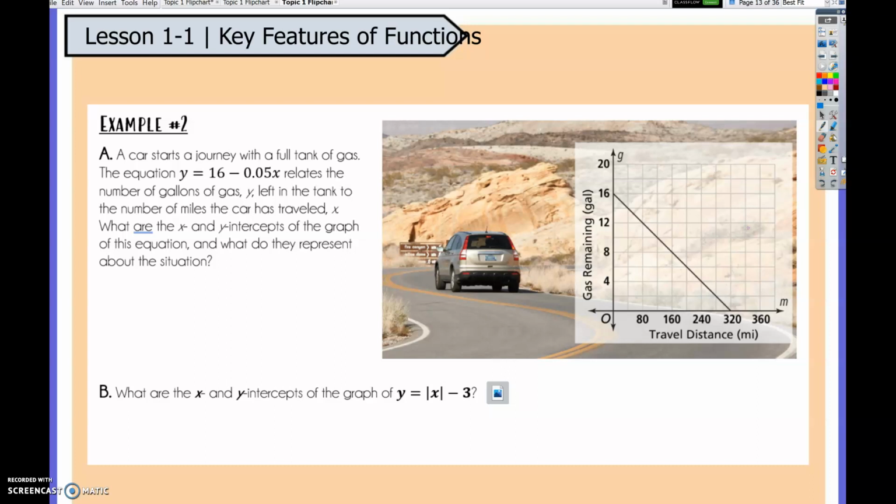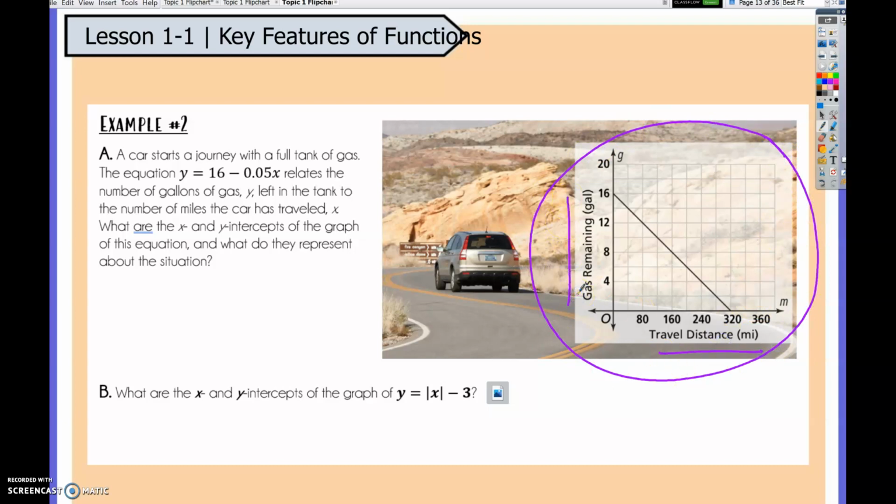Y is the number of gallons in the tank and the number of miles the car has traveled is what x represents. They want to find the x and y intercepts of the graph of this equation and tell what they represent for this car. I find it quite helpful to use the graph and the labels that are on the sides